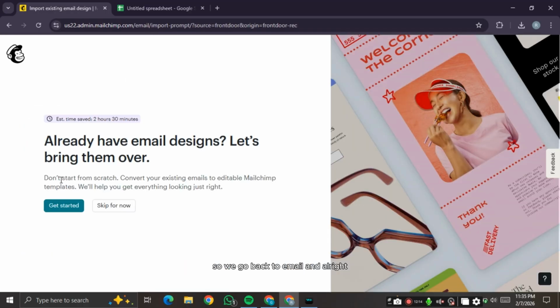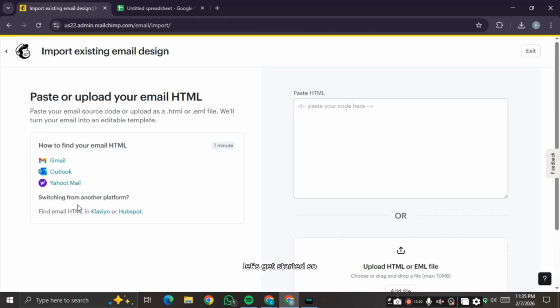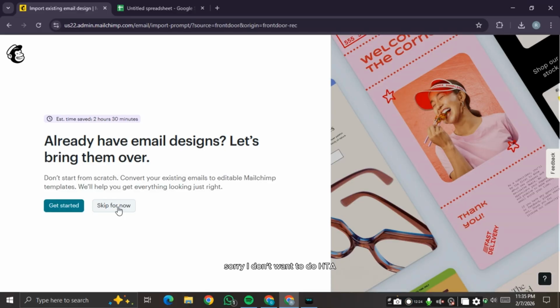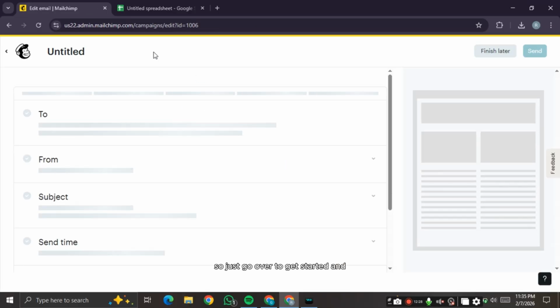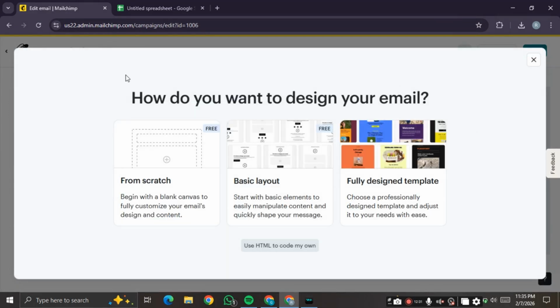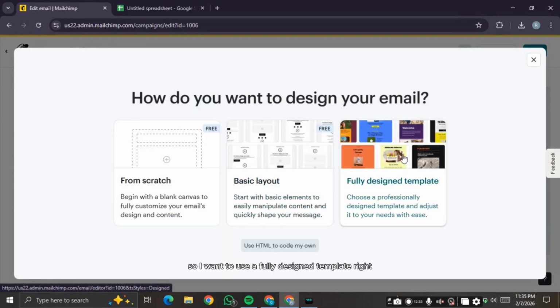All right, so we go back to email, and all right, let's get started. Oh, sorry, I don't want to do HTML. So just go back to get started, and all right, so I want to use a fully designed template, right? I just go over here, and then